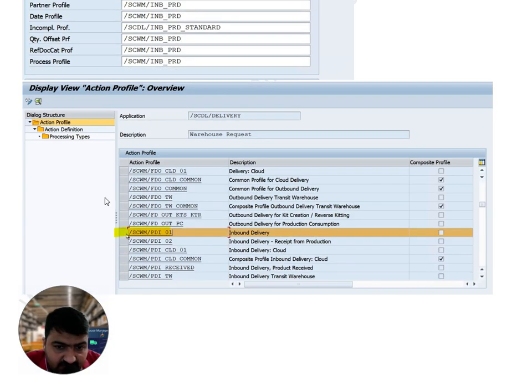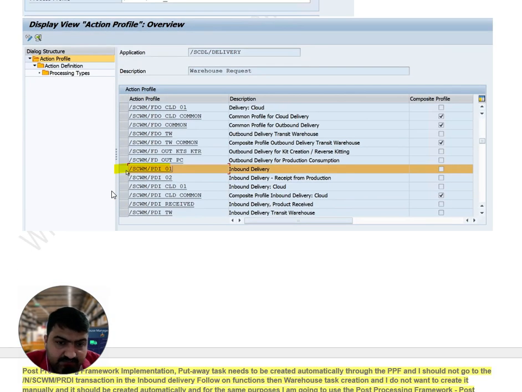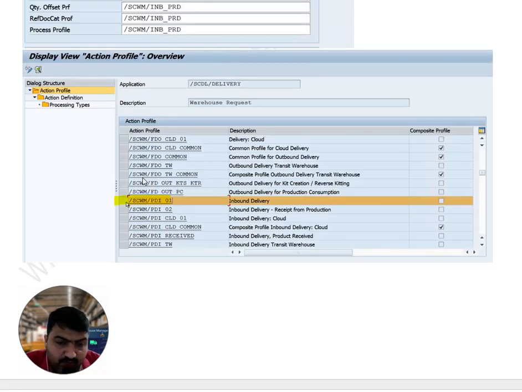Then PDI01, then PDI01 inbound delivery, because as I have said, in all my books and documents, all the configuration, I have mentioned each and every step line by line. Even in my classes and trainings, you will find it like this. So this is the real-time implementation, the same real-time implementation.